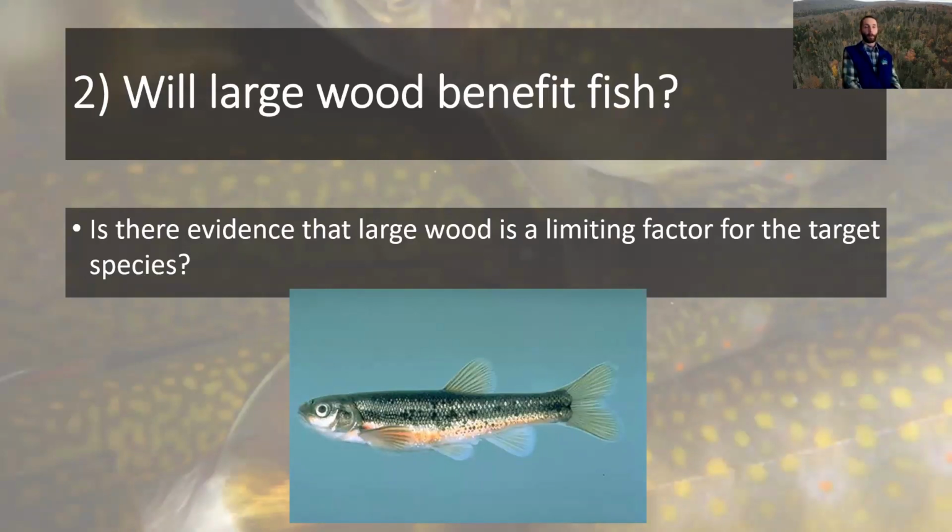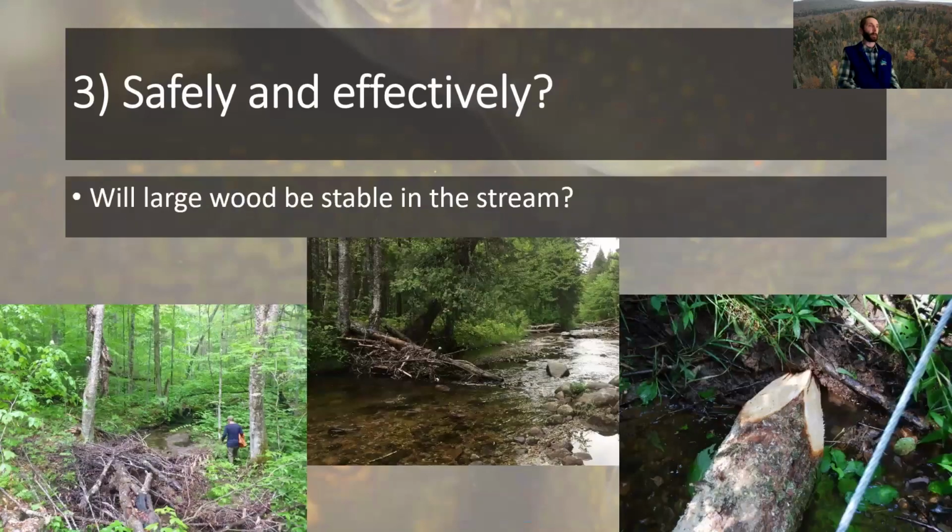So water temperature is an obvious limiting factor, but it's possible there could be something else like water quality or lack of access to spawning habitat or whatever. So that in those cases, adding wood might not really benefit your fish. But again, if it doesn't benefit fish and it doesn't do harm to fish, you get other benefits from adding wood. So that might just be fine.